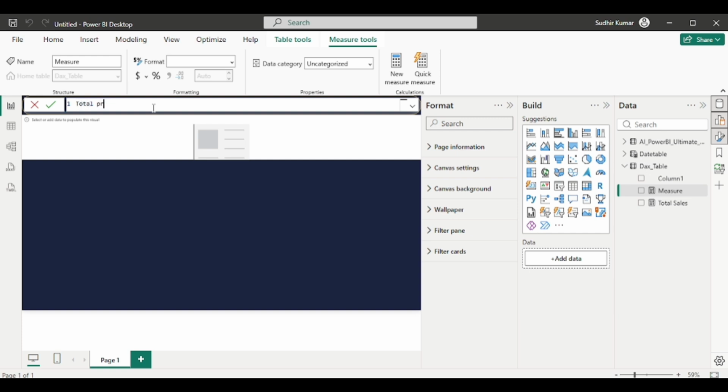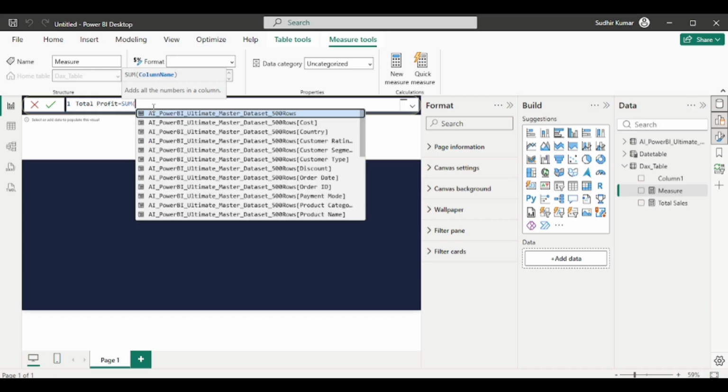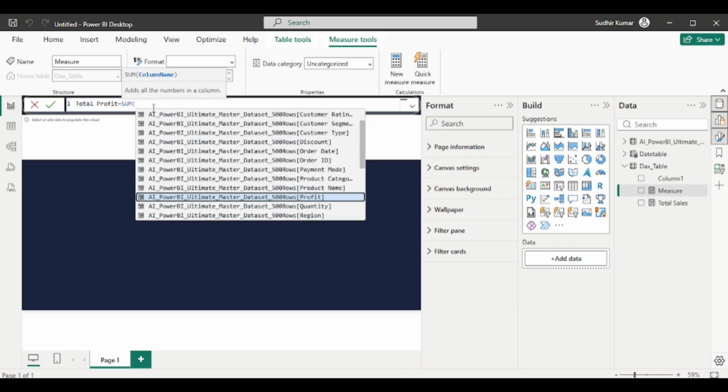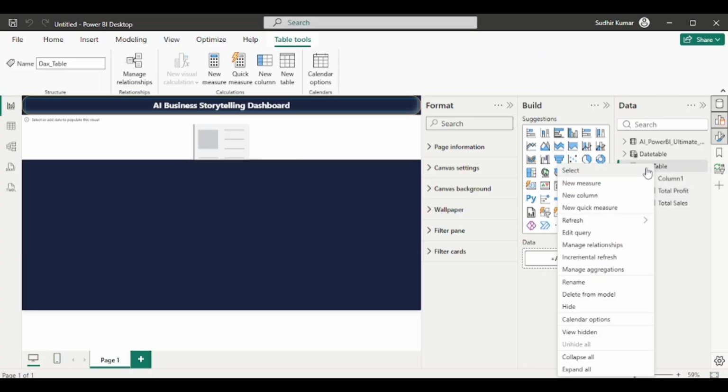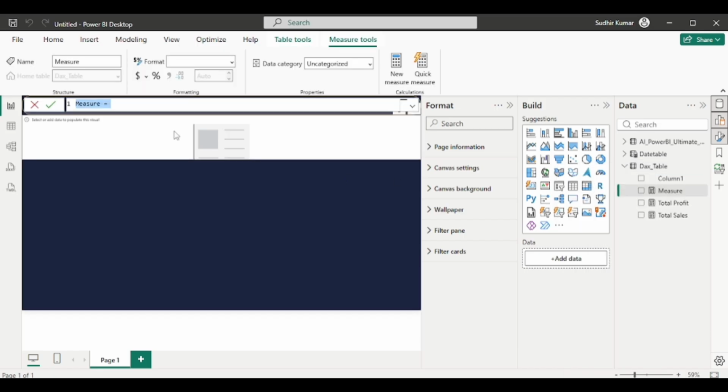Total profit equals, so we have to use some method and the profit column. We have to select the profit column. This. Done. Now we have to write the profit margin. So how to write the profit margin? We have to use, let's click on profit